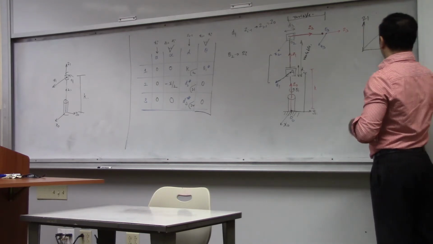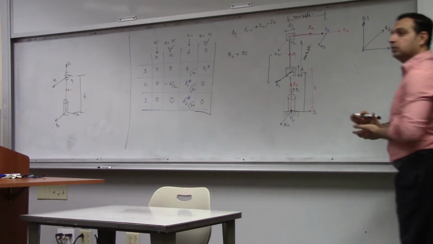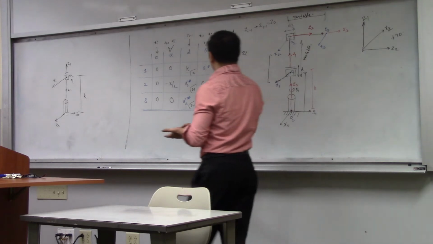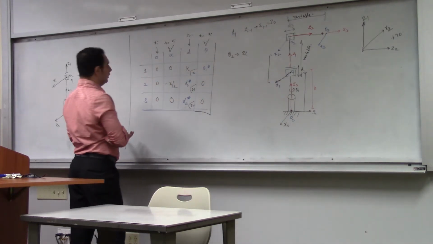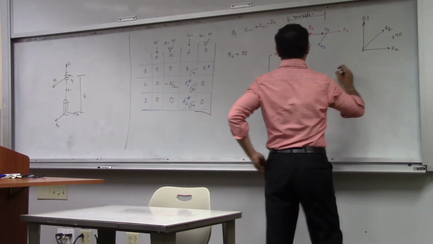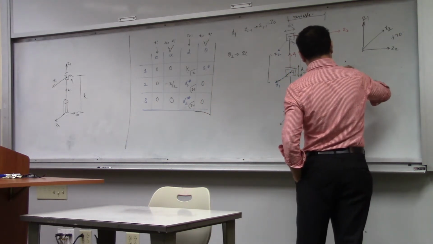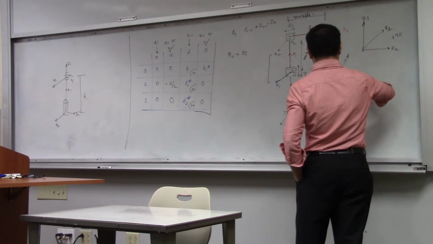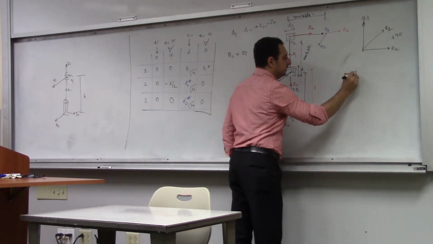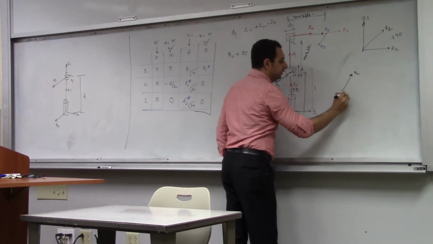So this will be plus 90 degrees. No, theta 2 will be 180 degrees. Where is theta 2? Theta 2 is this. So x2 is like this. Let me draw it. This is x2 in that case, and x3 is going to be like this,